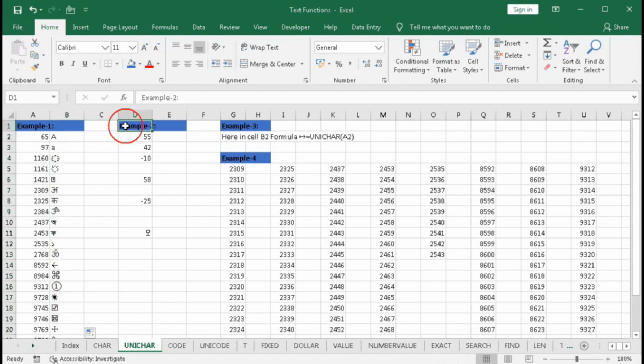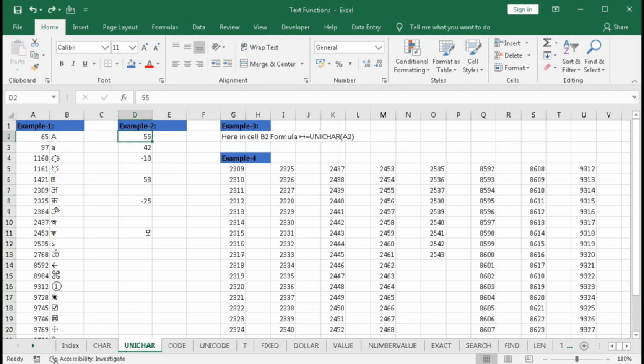So we will understand example number 2. Here we have some values and some blank cells. Here we want to get a symbol: if the value is positive, it will be a tick mark, if the value is negative, it will be a cross mark, and if there is no value, that is blank, then we will get a hand symbol.